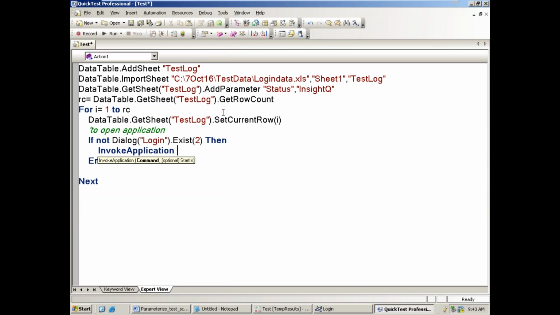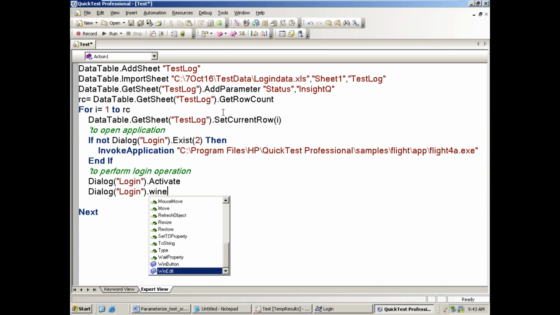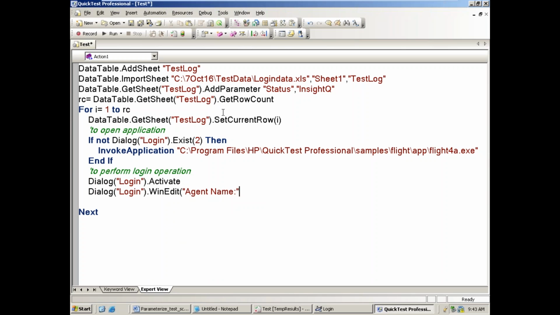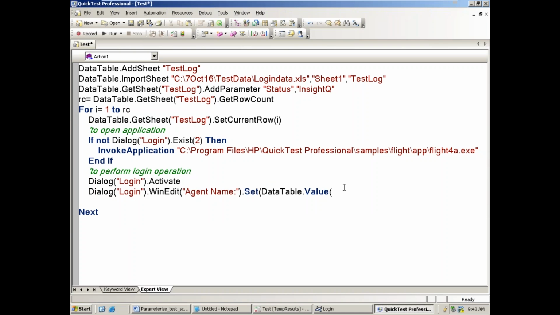properties. Okay. After this, to perform login operation, dialog of login dot activate, dialog of login dot win edit of agent name dot set data table dot value of where my column name, what is the column name here? User ID, user ID, where it is there,